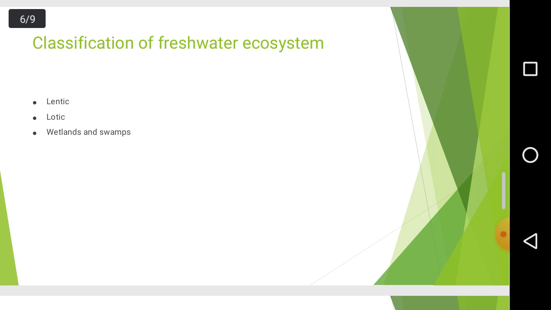Finally, we have wetlands and swamps. A swamp is an area in the forest that is permanently filled with water. This is to say, if there is no forest, then it might be called a wetland. The water in wetlands and swamps can be freshwater and seawater. In addition to this, freshwater swamps are mostly found inland, while seawater ones are found along the coastal areas.